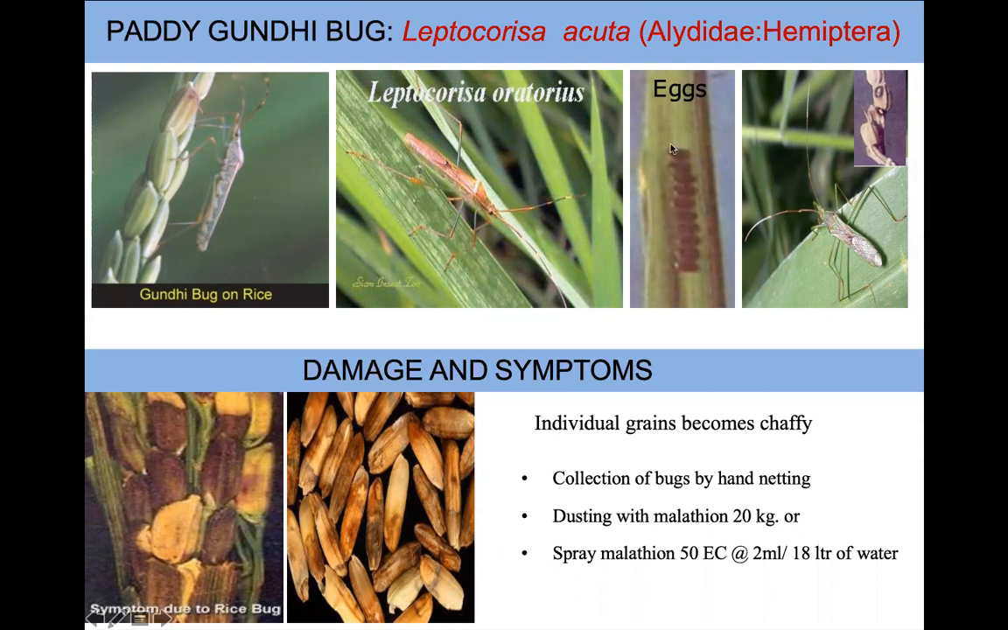on the leaf. So both the nymph, meaning the immature stage, and the adult suck the sap from the grain, at the panicle formation stage, especially in the milky stage when the grain is about to form. Because of the sucking of sap, fungal mold develops, and the paddy grain turns black and brittle, and you will not be able to consume it, and it becomes marketably unacceptable. It can be managed by collection of bugs by hand netting, dusting with malathion and spraying malathion,